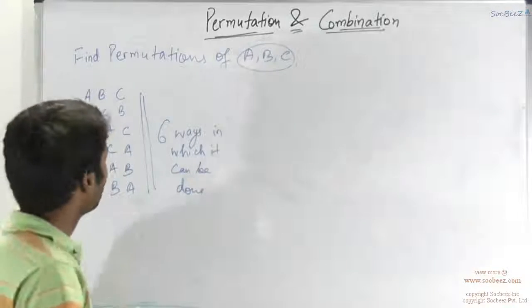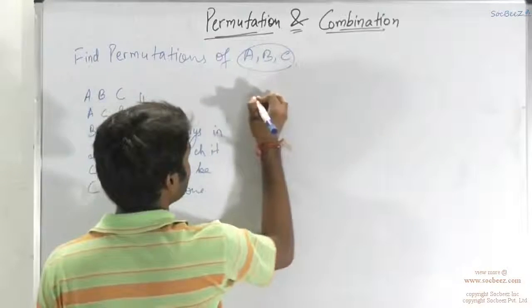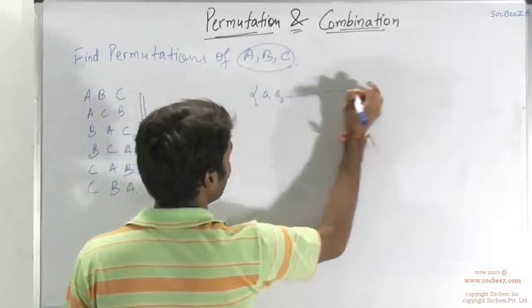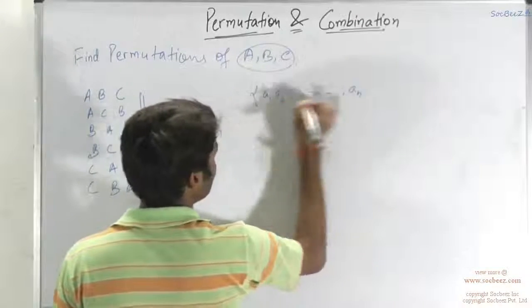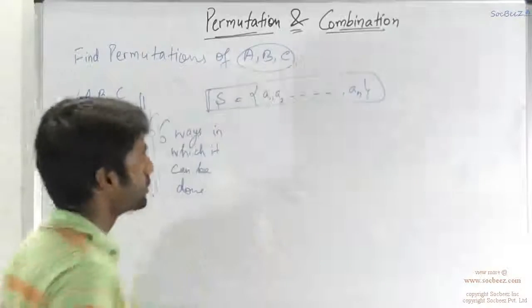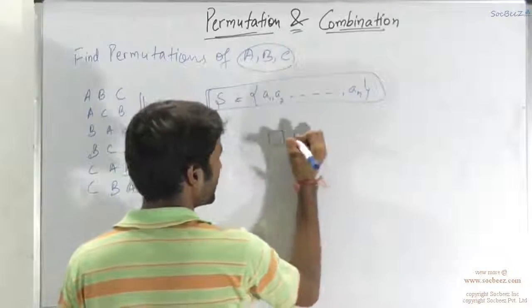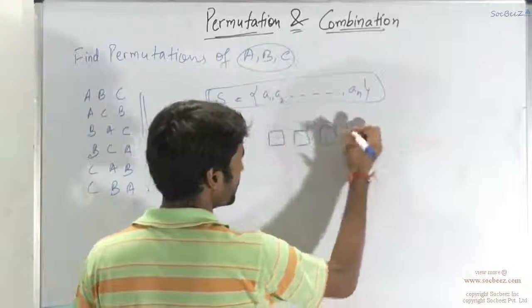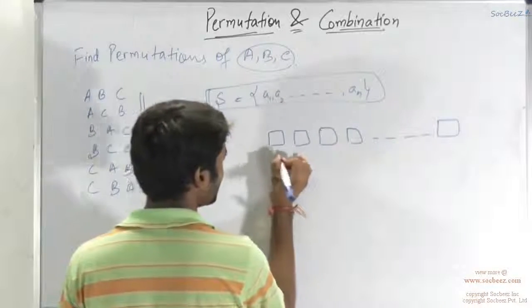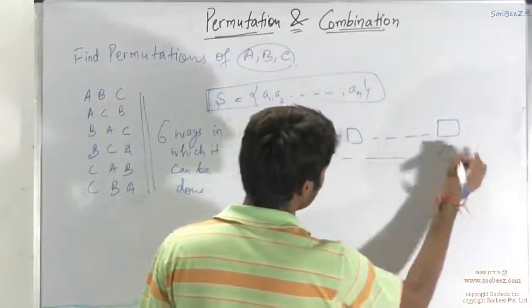So basically we can solve this question. It is the same as if I say permutation of a set which has A1, A2, A3, up to An, these are the n elements that exist in this set. You have to find the permutation of this set. So permutation means arranging them in a row. So we use the same approach as we did in the questions in the previous lecture. That is, you have n positions. This is the first position, this is the second position, and similarly this is the nth position.